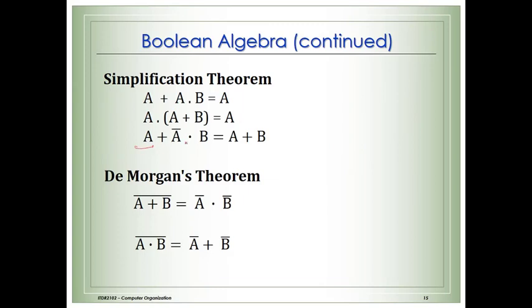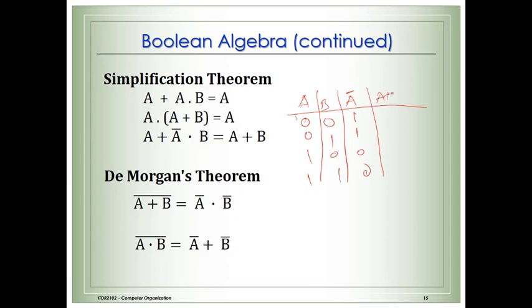Then the next one is A OR (A inverse AND B), which will always give you A plus B, right? You can also simplify by using Boolean identities or using a truth table. Let's do this one with a truth table, correct? So for example, there are two values A and B. Possibilities are 0 0, 0 1, 1 0 and 1 1. So we require A not. What will be A not? Its inverse, right? So 1 and 1, 0 and 0.